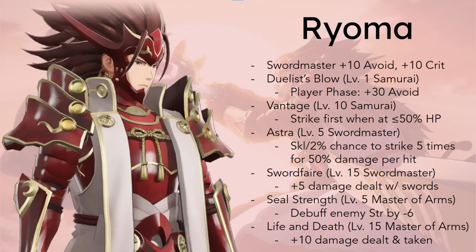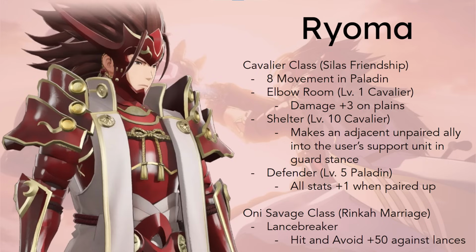And Ryoma's base class is good, but his options can expand even more if he chooses to branch out of his Samurai class line, because he has access to some of the best friendship options in the game. The most important one being Cavalier from Silas. Now, Silas gives him access to the Paladin class, which gives him 8 movement. So if moving at a Swordmaster's pace around the map and killing everything wasn't good enough for you, in Paladin you have 2 more movements, which lets you move through maps even faster, killing things even faster, and reducing your turn counts even further, which can be